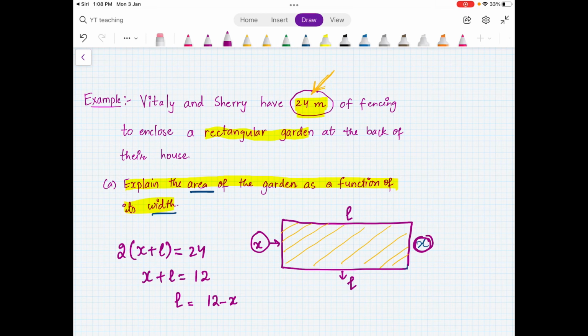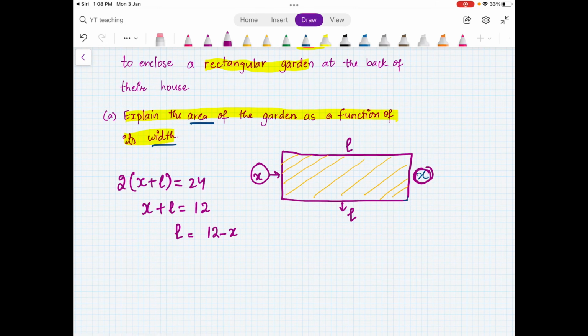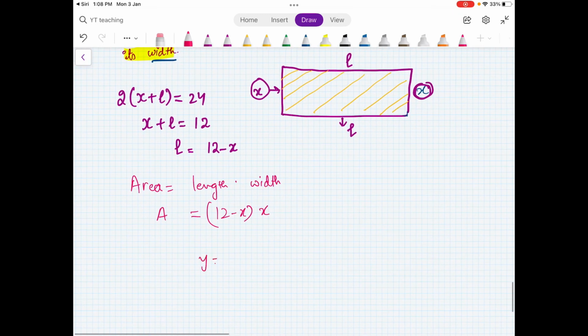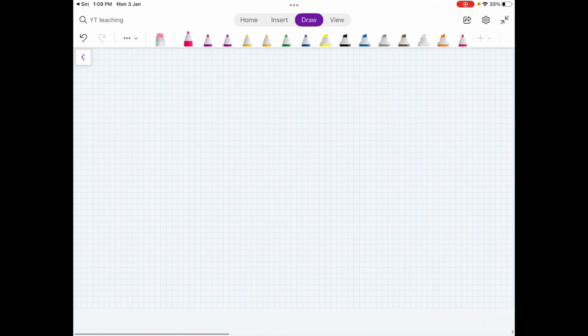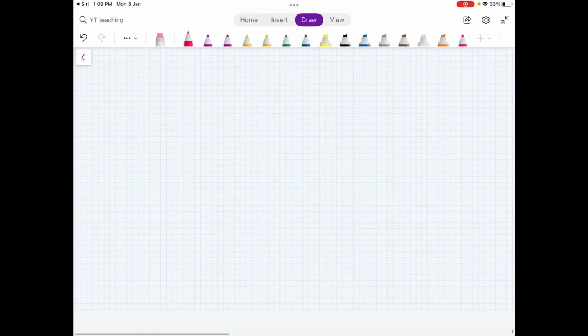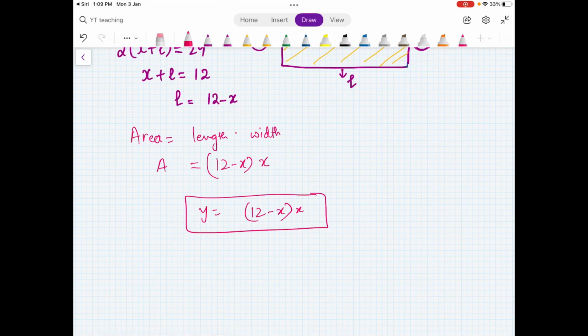And then what is the area now? Now you know the length and the width. So area will be length times width. The length is 12 minus x, times x. So this is the area. We can write area as 12 minus x times x. We can just put in the value of x and we'll get the value of area. So this is the first part. Now the second part is that you have to find the domain and range. I have not written it here. So the next part is to find the domain and range of this function.